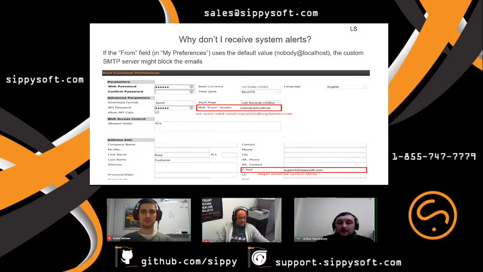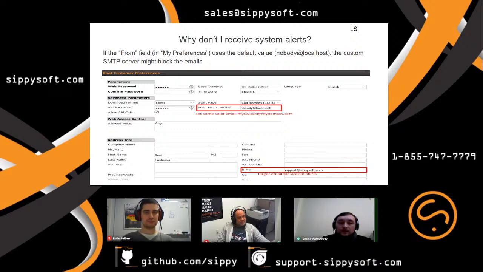In this case, the custom SMTP server will not block the emails from Sippy switch. Otherwise, very frequently we detected that the nobody@localhost mail from header is blocked by the custom SMTP server. So it is better to use some real email in this field.